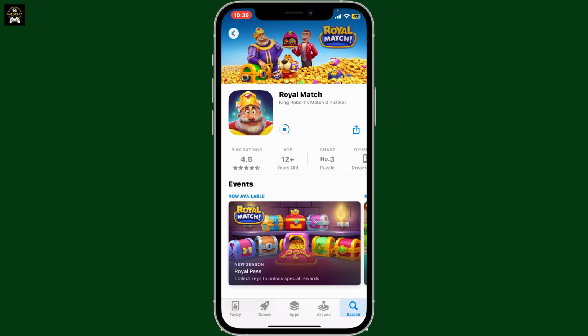Wait until the application installs, which will take a few minutes, depending on your internet connection. Once it is done, tap on the Open button to launch the game, and after you do that, you will be able to start up with the game. Royal Match is a fun match 3 puzzle game where you help King Robert decorate his castle while solving challenging